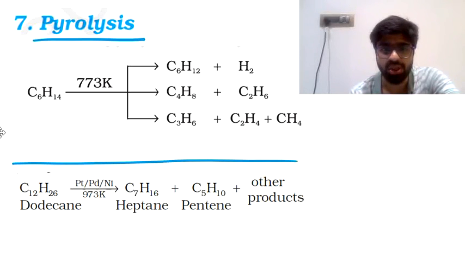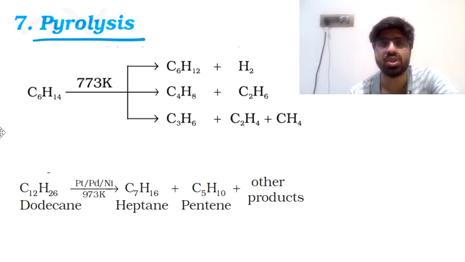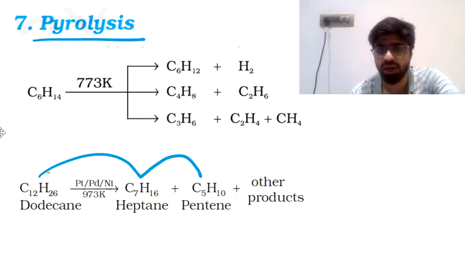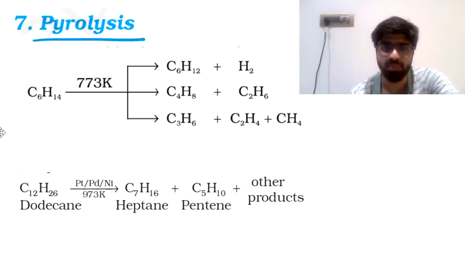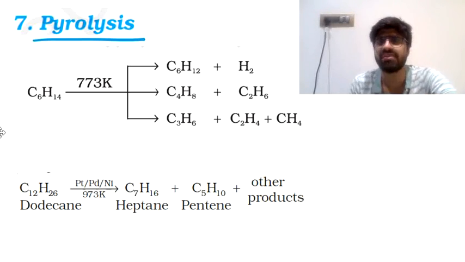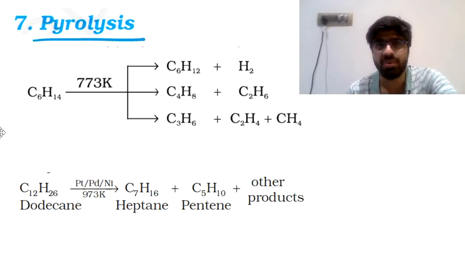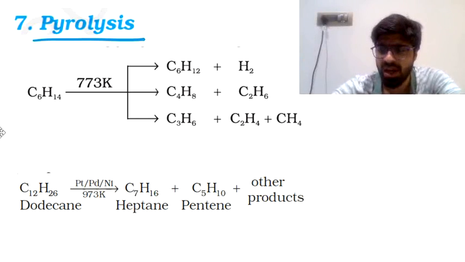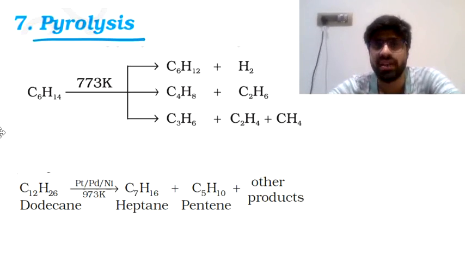So just read this reaction and you will be done with the reactions of alkanes. If you are taking dodecane and heating it in the presence of platinum, palladium or nickel catalyst at 973 Kelvin, even that higher hydrocarbon is getting broken down to smaller hydrocarbons and other products. So there's no logic with which you are predicting the products. You just need to read them for your 11th standard college exams. It will be just a matter of maybe 15-20 minutes to memorize them for college exams. Beyond that, it is absolutely fine if you don't waste any time in memorizing these factual type of equations.